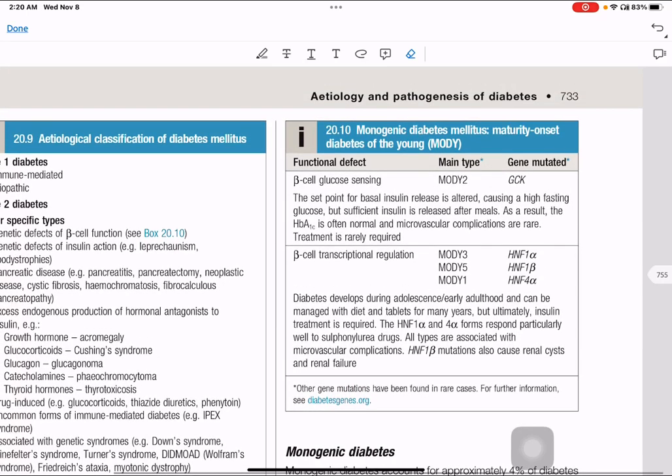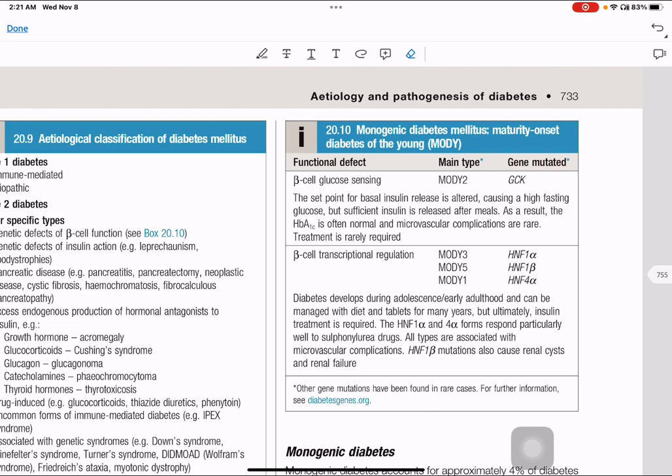There is another diabetes like maturity onset of the diabetes mellitus of the young. In young patients, sometimes we get diabetes, high blood sugar, but they don't need insulin at the time of the diagnosis like type 1, because they have monogenic diabetes. This diabetes runs in a family. They respond very well to oral treatment. Sometimes they don't require any treatment, like maturity onset diabetes mellitus of the young type 2, where there is a